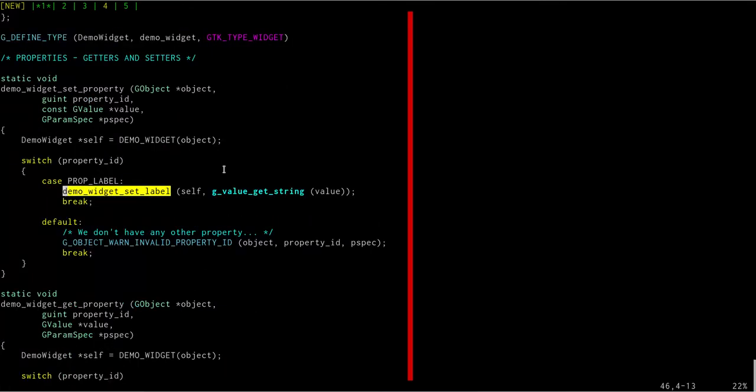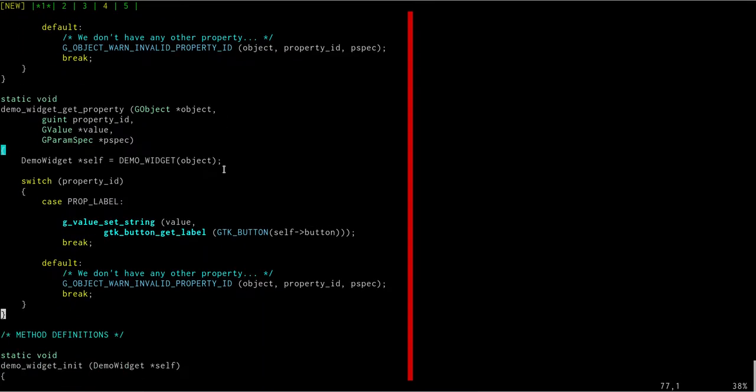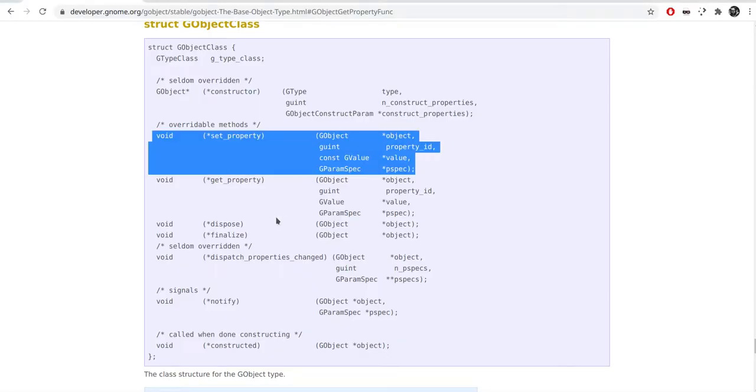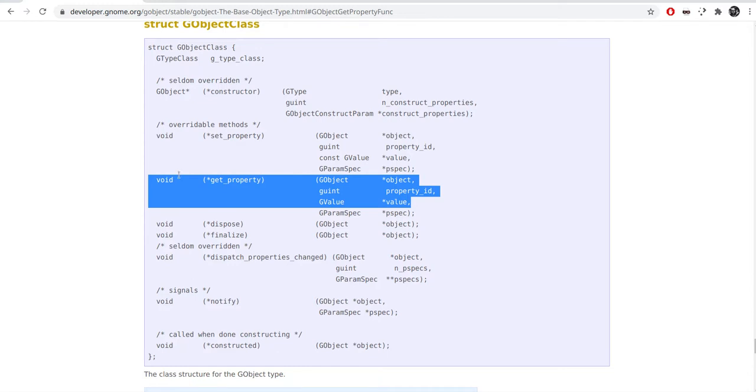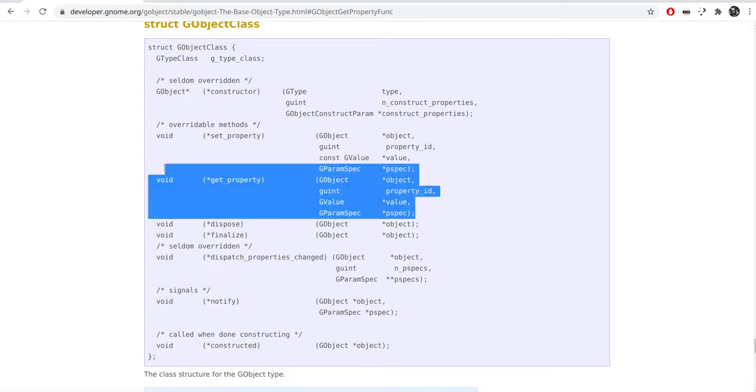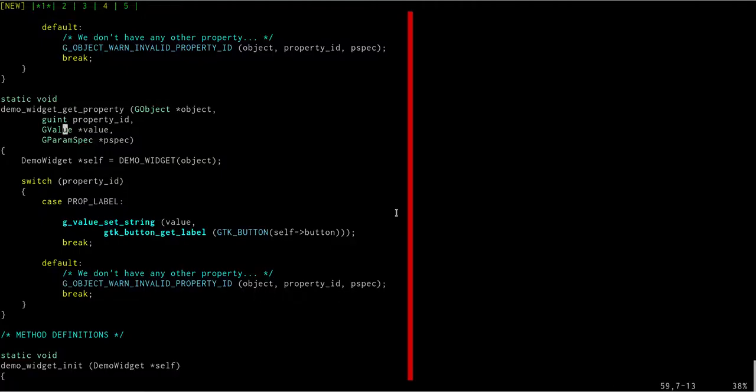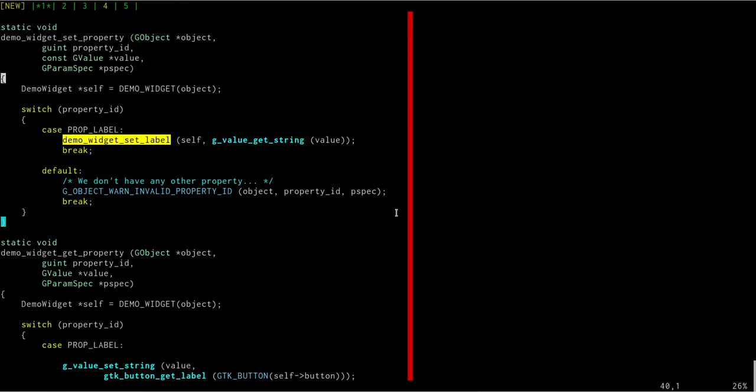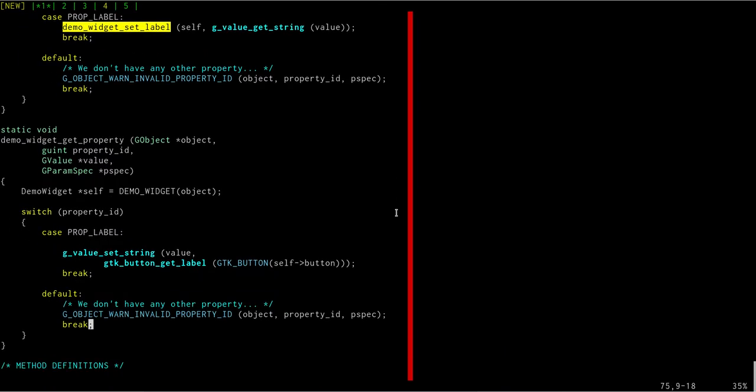Now our get_property function here again has to marry up with this set of parameters here: a GObject star, a property ID, a value, and a pspec. Okay, and you see it does match that. So we're going to first go ahead and cast the object to a demo widget. I believe we did the same thing above for convenience sake. Yes, we did. And you can do the same exact thing and use a switch on the property ID,